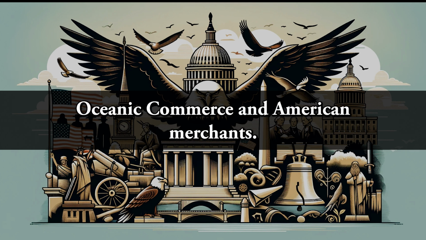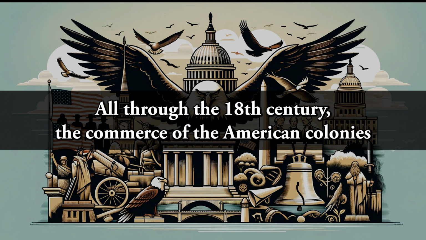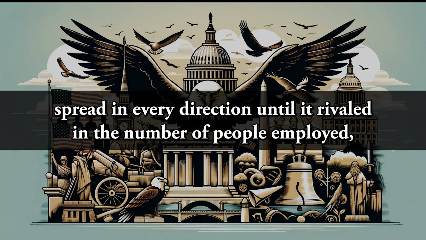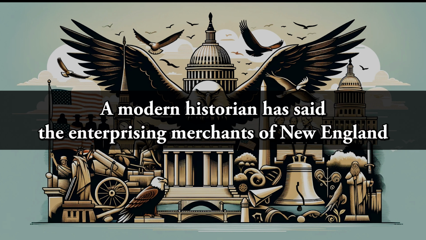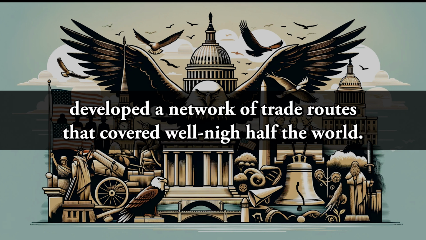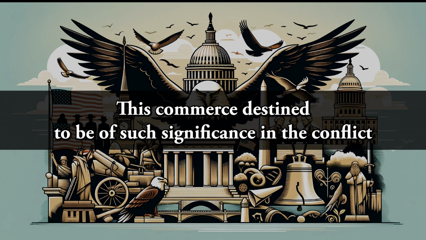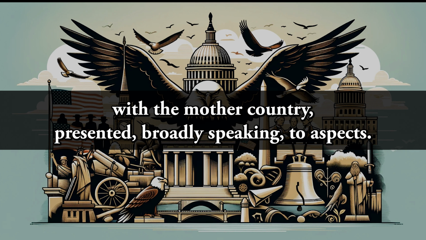Oceanic commerce and American merchants. All through the 18th century the commerce of the American colonies spread in every direction until it rivaled, in the number of people employed, the capital engaged, and the profits gleaned, the commerce of European nations. A modern historian has said, "The enterprising merchants of New England developed a network of trade routes that covered well nigh half the world." This commerce, destined to be of such significance in the conflict with the mother country, presented,